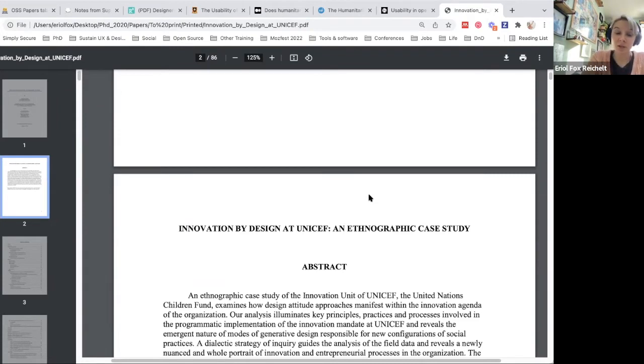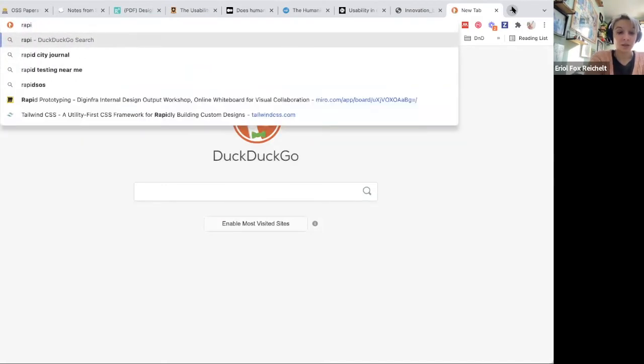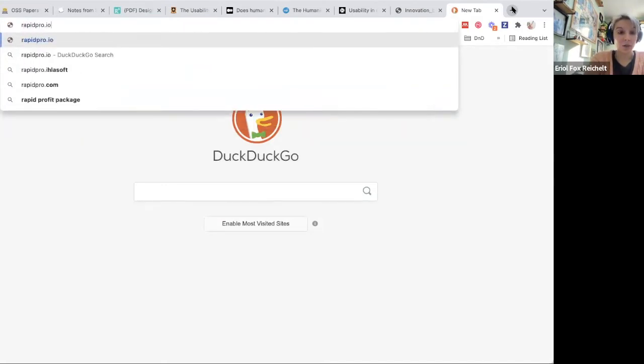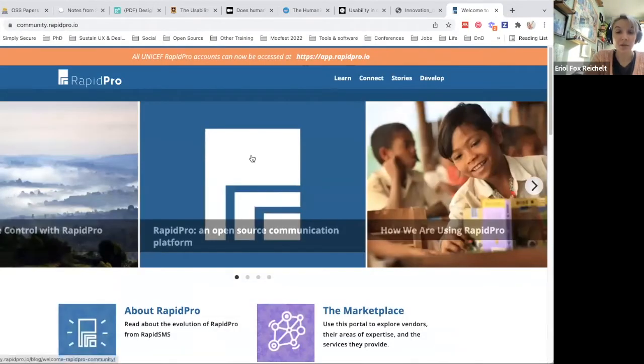Well, maybe not in academic terms, but the interesting thing that I called out on the front page of my written version is that at some points this case study talks about a particular tool that UNICEF maintains, rapidpro.io. Let's go have a little look at rapidpro.io to see where it is and how it exists. Yeah, so this is RapidPro. It's an open source communication platform, and it is referenced a few times during this case study,